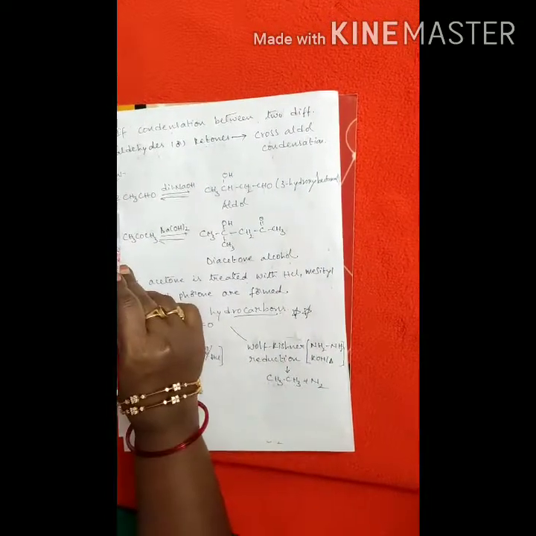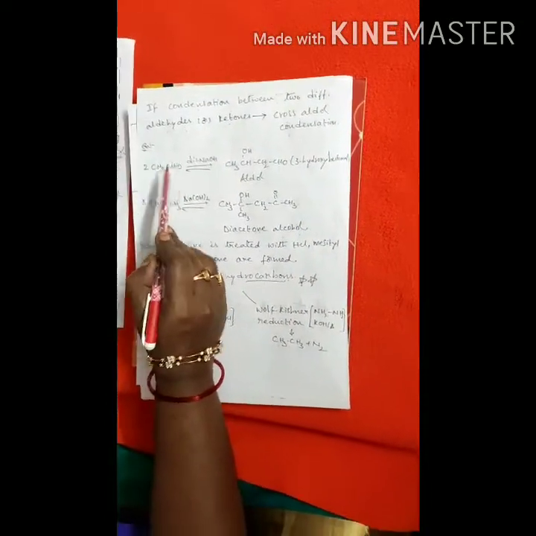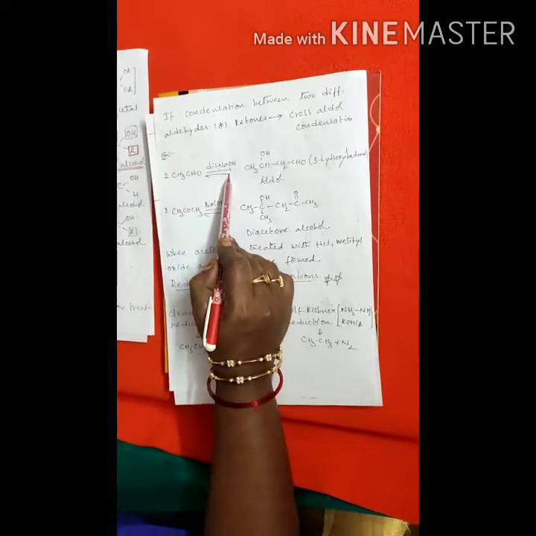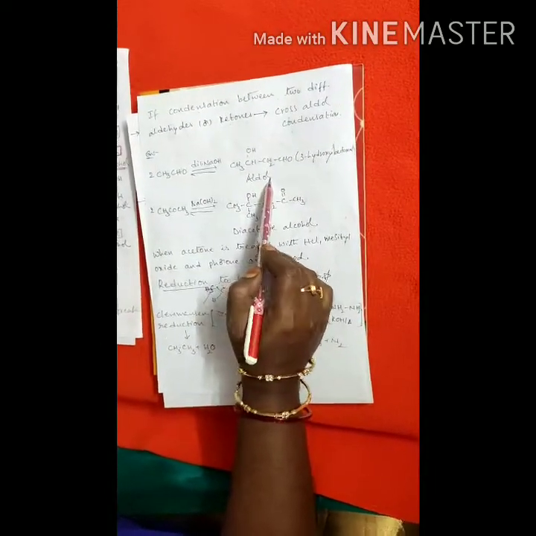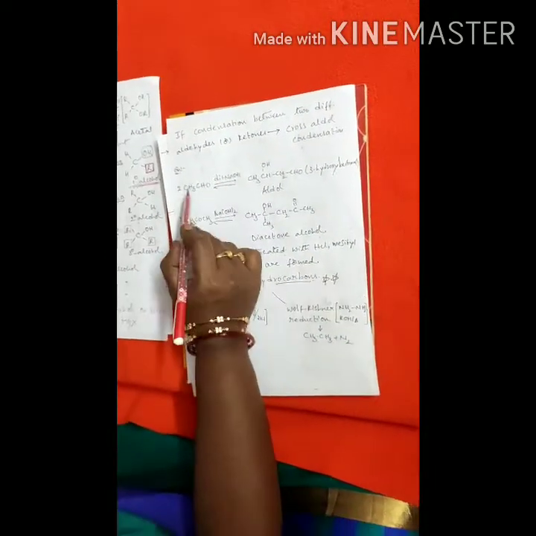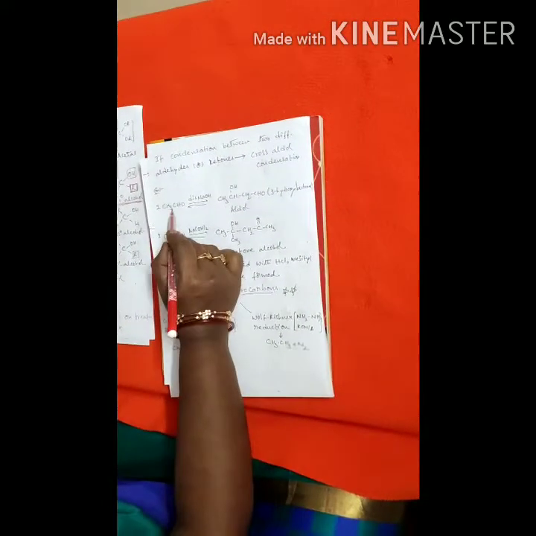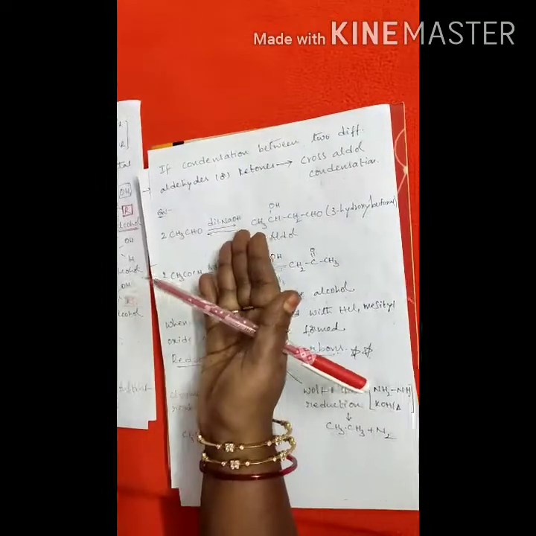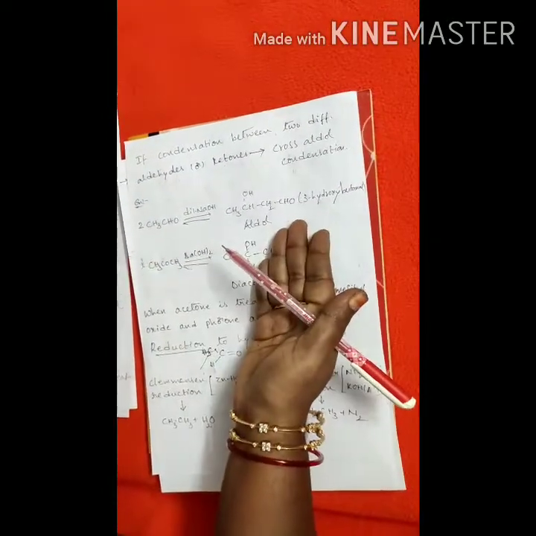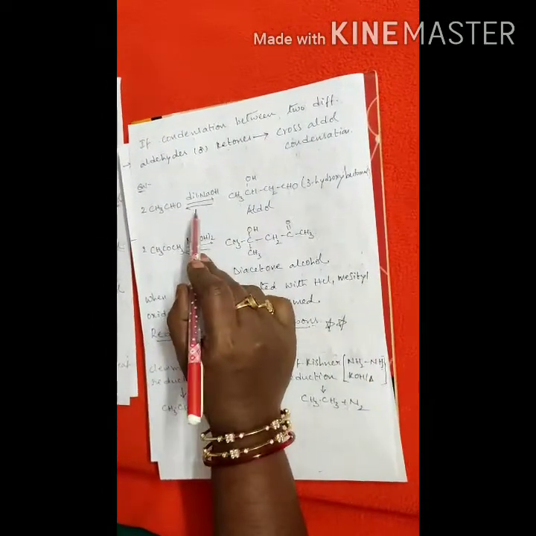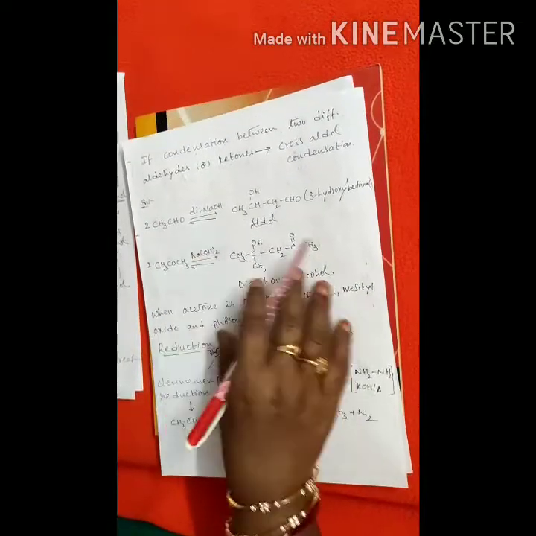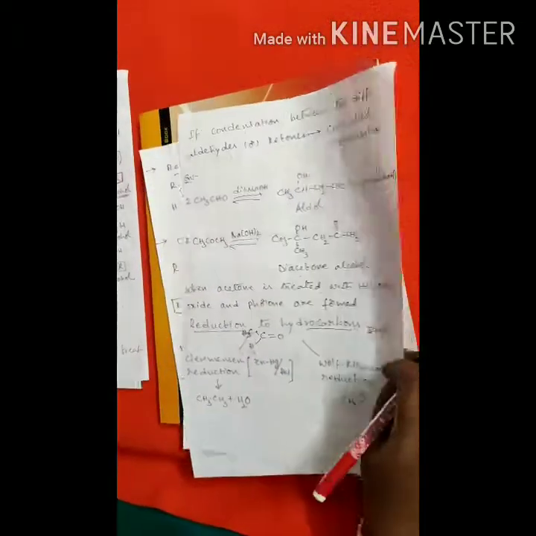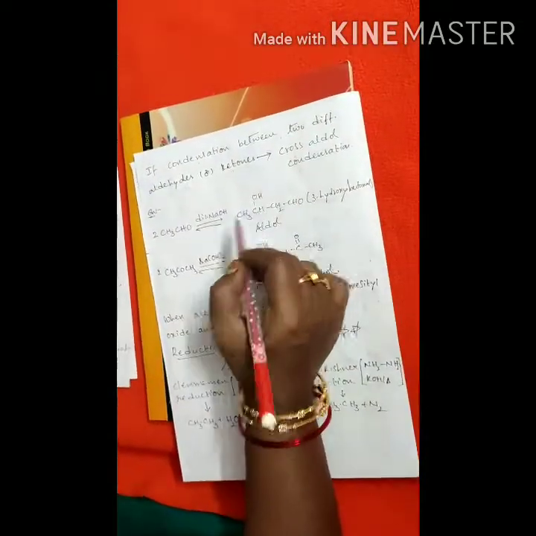Here, two molecules of aldehyde are taken, and the reaction takes place in the presence of a base, so that we get an aldol. You know well about the mechanism. First take the aldehyde and convert it into a carbanion, and that carbanion attacks the second molecule, then we get the product. But that time is not there for MSAT, because the time is very less. So directly we have to write the product. For that sake there is a tip.